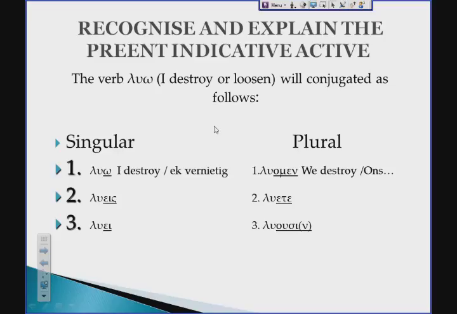I have put that nu in brackets, because sometimes you will find it in the sentence and sometimes you won't find it. If the verb in the sentence following luosin begins with a vowel, for instance an eta, alpha, and something, then you must put that nu at the end to avoid the assimilation between two vowels. Then in terms of reading and pronouncing, you won't be able to hear whether the first verb ended and so forth. So therefore we have to put that consonant to